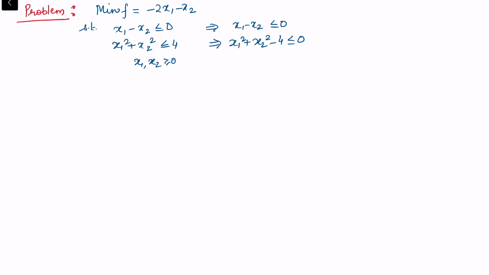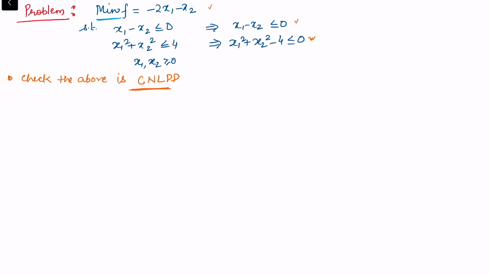So now consider this problem. Here we want to find the objective function as minimization, and these are the two constraints. So we first need to ensure that this is a convex nonlinear programming problem. So the first step is to check whether the above is a convex nonlinear programming problem or not. So this step I leave. We can easily check that this is already linear, this is already linear.